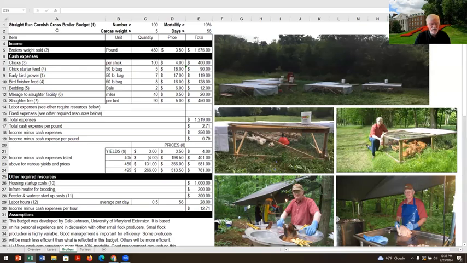And again, I have to define my operation. Well, this is Cornish Cross broiler budget. These are the typical broiler chickens. I've done Freedom Rangers, okay? And Freedom Rangers are hardy birds. I don't ever lose any of them. They're great birds, but I've done the economics, and the economics are just not there. I've always gone back to the Cornish Cross because of the economics.